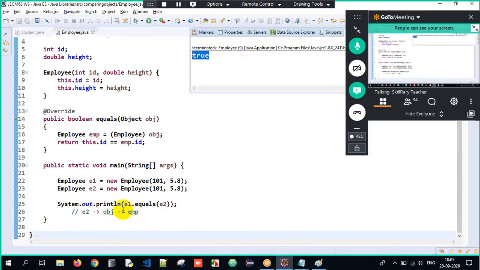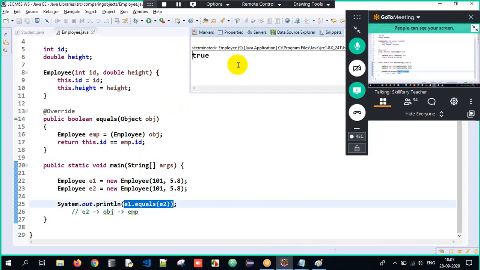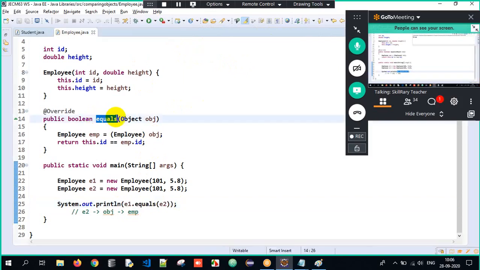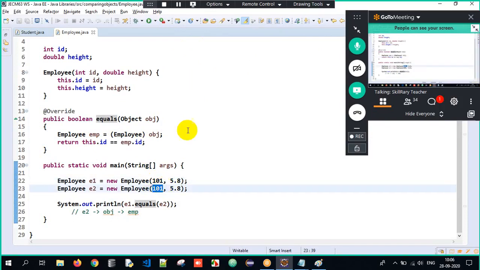Why? Now the equals method is giving true here. Because now it is not comparing the addresses or the hash code, rather it is comparing the ID here. I have overridden the equals method in order to compare the ID here. Is the ID equal, 101 and 101? Yes. That's the reason it is giving me true here.